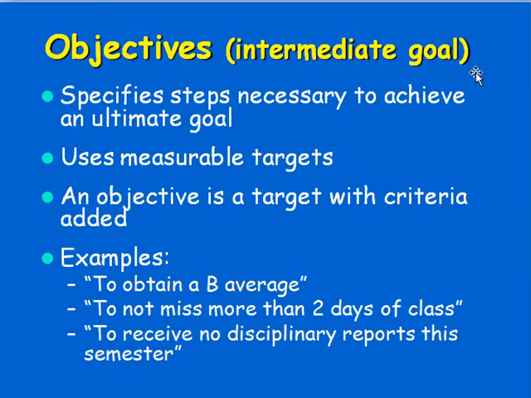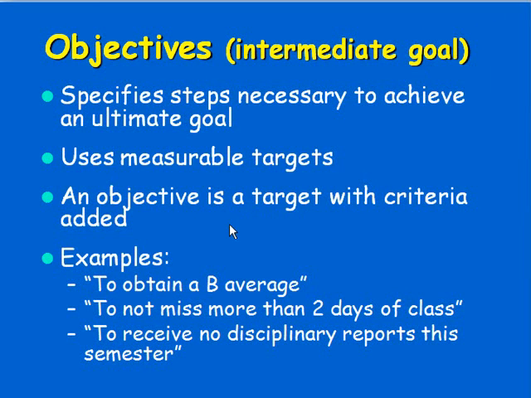So we could say, okay, we want to work with this client until their score reaches 20 or below, which is way under the clinical cutoff, which is 30. Or, if you're limited by time, then you could say that you're going to work